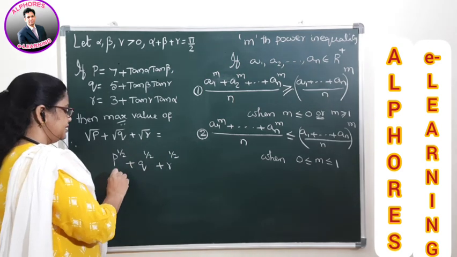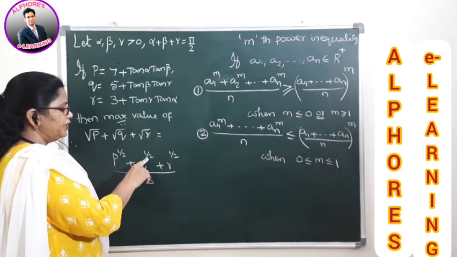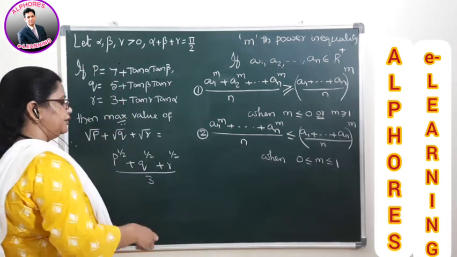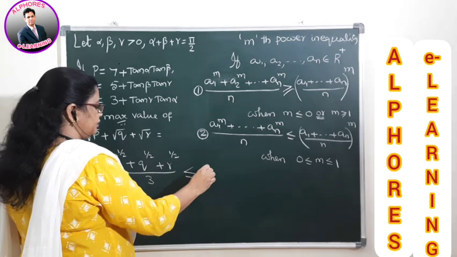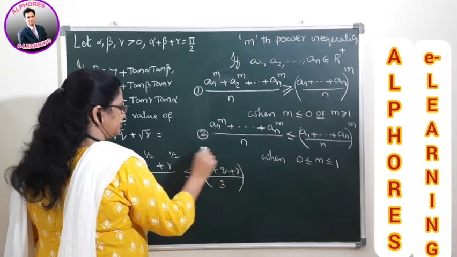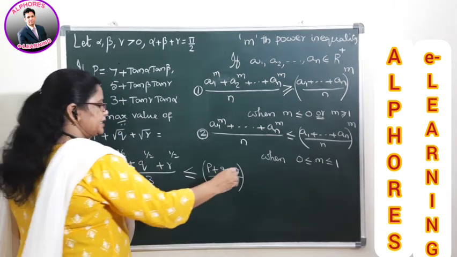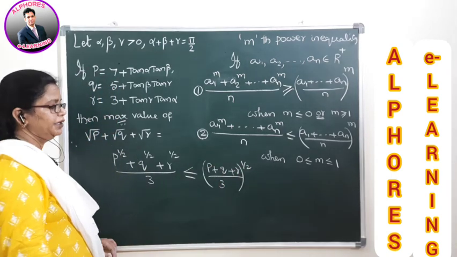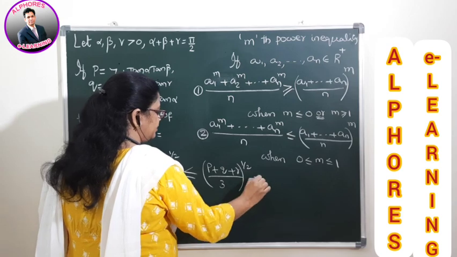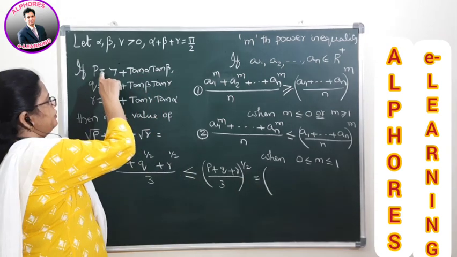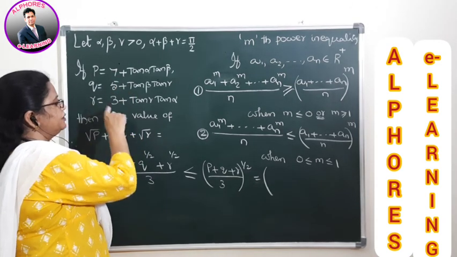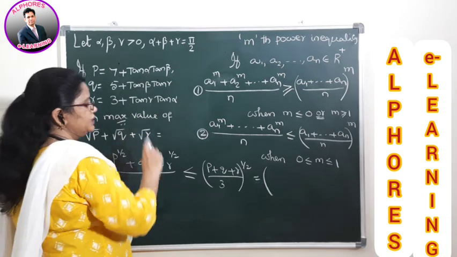So as three quantities are there, divided by 3, and 1 by 2 is a value less than 1. So the symbol is how much? Less than or equal to. So if I write less than or equal to, this is P plus Q plus R divided by 3 whole to the power of, whatever the value here, same value will repeat here, right? And now this is less than or equal to. This value is nothing but, it is P plus Q plus R, means add these 3. If you add these 3, 12 plus 3 is 15, and 15 plus this entire value.